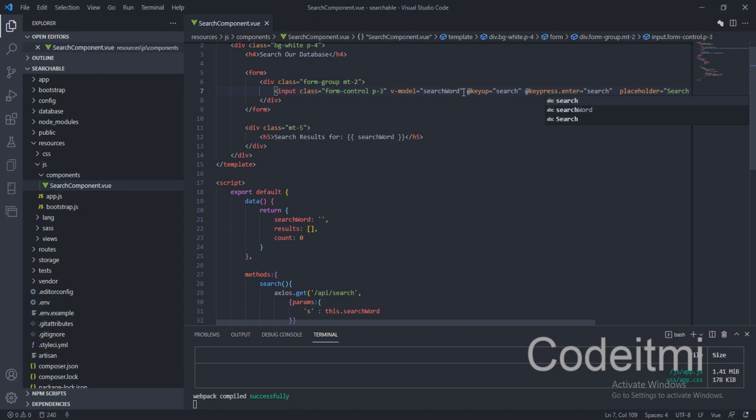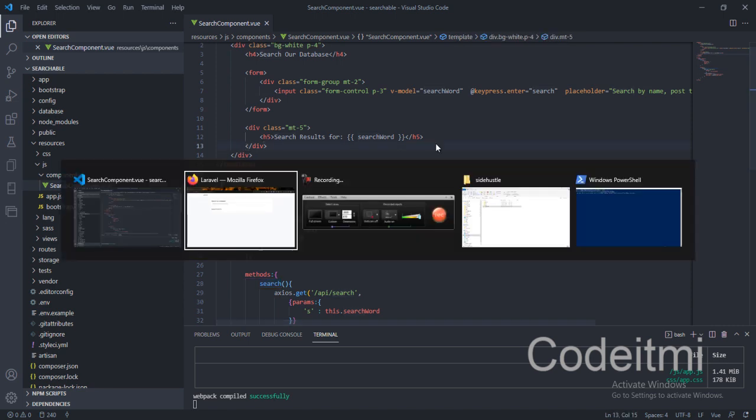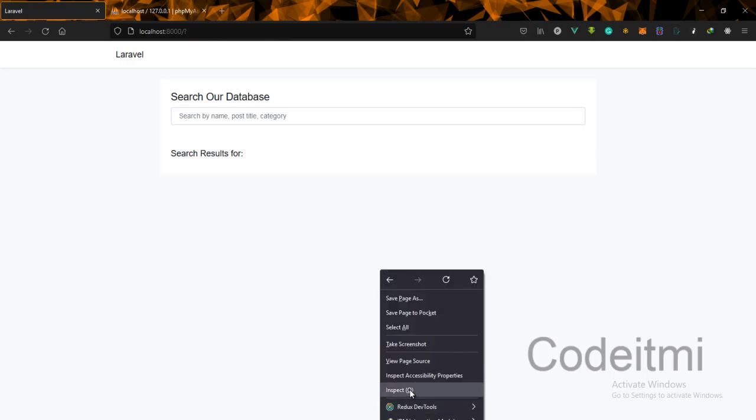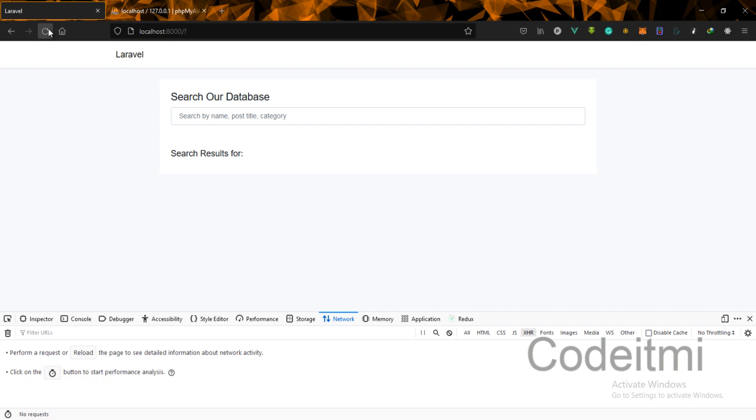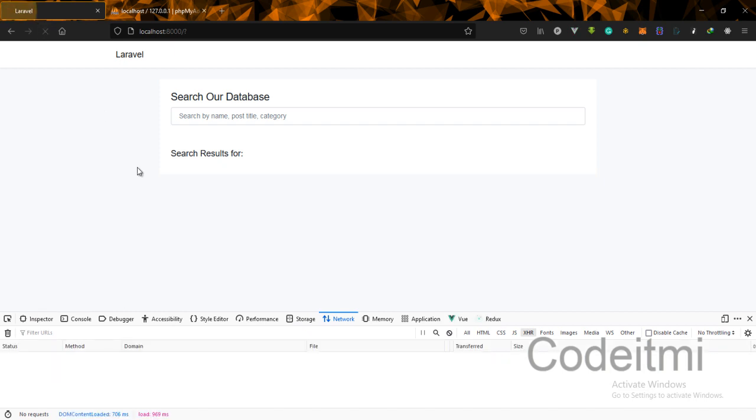Okay, so for now we can just do away with this. We don't need this for now. So once the user presses enter, we want to actually run this method right here. Okay, so this is all we need to do. And if we keep an eye on the network tab in our development tool, on our network tab right here, let's just go ahead and refresh so that we can get all the new changes. So right now, if you go and type code it me, and we'll click enter,